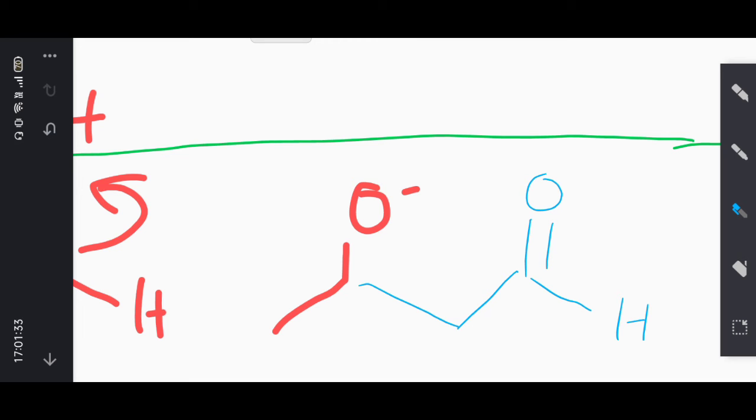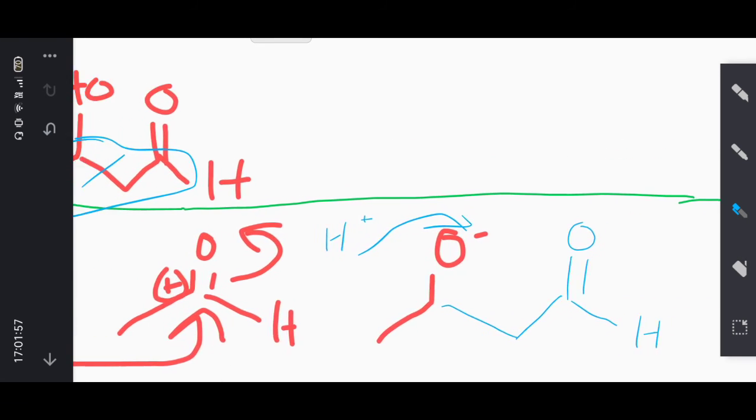You get me? And now do you remember that this whole compound has given one hydrogen for the formation of OH minus ion? So that hydrogen will come back to it over here from here. This will be an H plus, and this H plus will join this compound, and this will finally give you the product as,